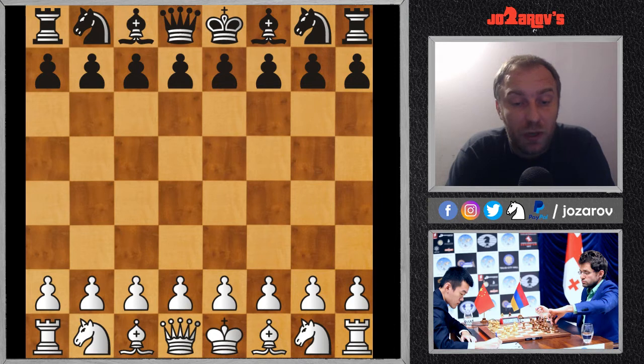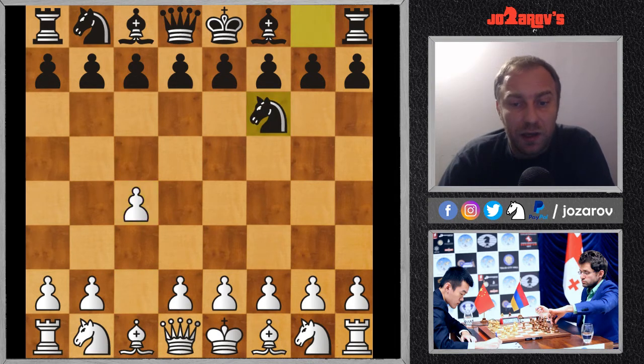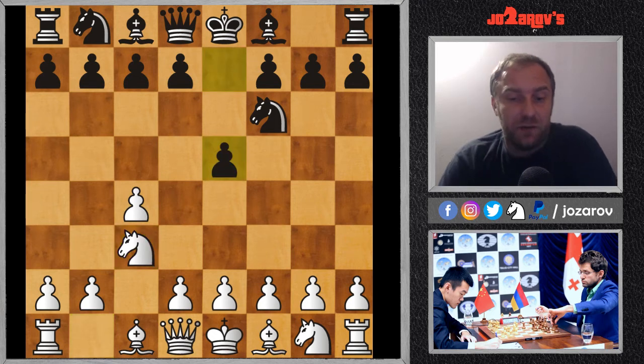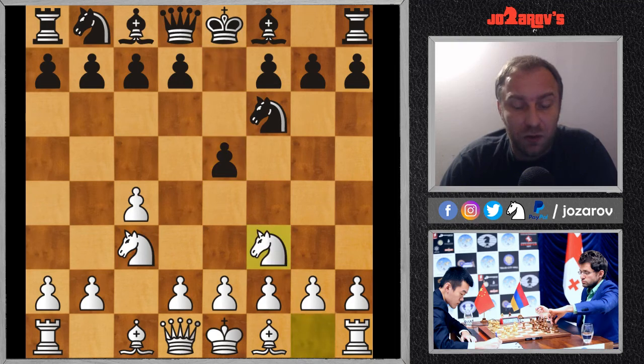Here we have with white pieces Levon Aronian against Ding Liren. Let's see this opening. We have c4 by Levon Aronian and now knight on f6 by Ding Liren. So knight on c3 and now e5. We have sort of a reverse Sicilian setup, and now knight on f3 played by Levon Aronian, and now Ding Liren played knight on c6. This is still common theory, and really maybe the best way to face this reverse Sicilian setup or this English